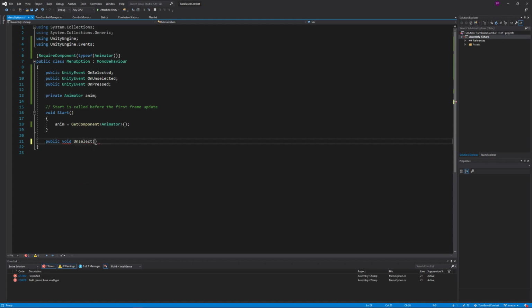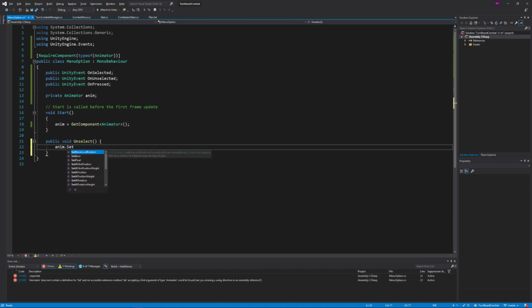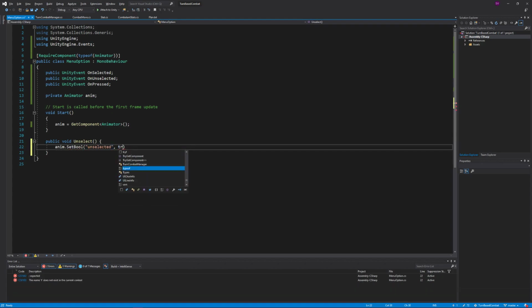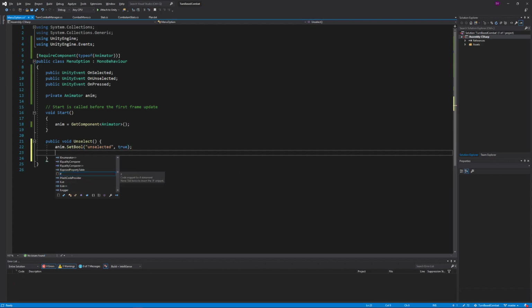unselect. And what this will do is just anim.set. Let's just do set. Do we want to do triggers is the thing? I'll just do booleans, why not? Unselected, true, and then on unselected invoke,